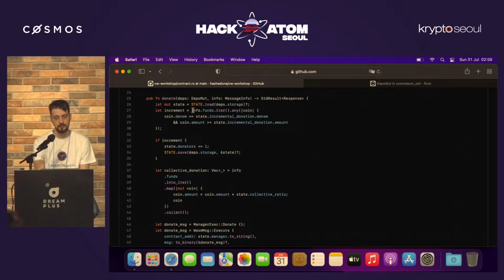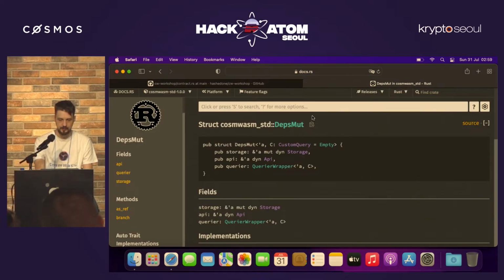So I just go through all the funds sent here and I check if any entry in those funds is of a proper denominator and has enough amount. The funds is just a vector of coins, and a coin is a denominator and an amount of those coins. And it's guaranteed by the blockchain that every denominator is only once in this map, so we can just go through that. There is a useful crate called, not here,